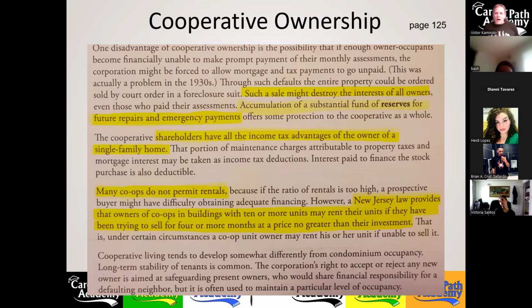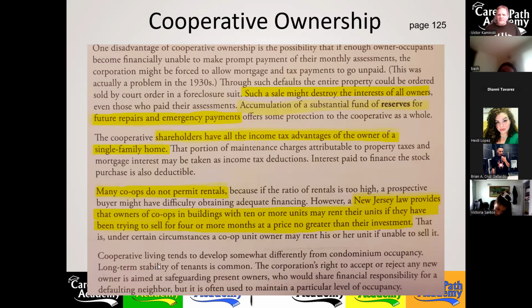Look, if you buy a condo, you're going to make your mortgage payments until you pay off the loan. Then you still have to make a monthly maintenance fee payment for maintaining the grounds and such, but that'll probably be much, much cheaper than a co-op's. But you're still going to get a separate tax bill you have to pay. You're going to get your electric bill, water bills, and things of that nature. Whereas those things may be included; heat and hot water could be included in a co-op's monthly payment.